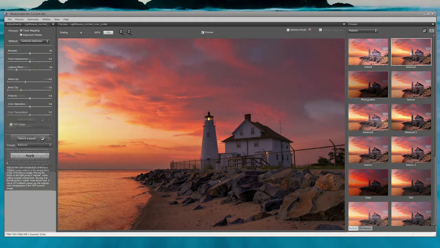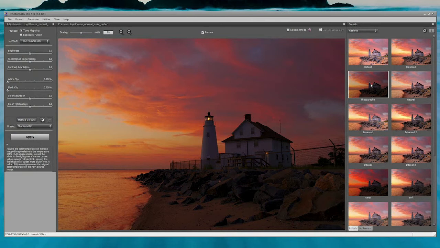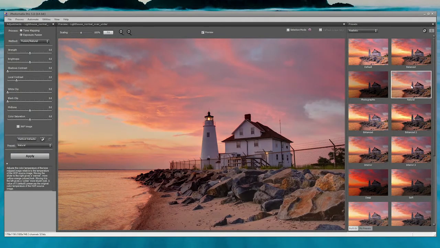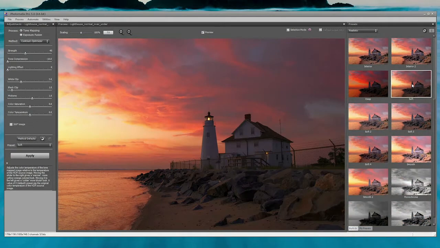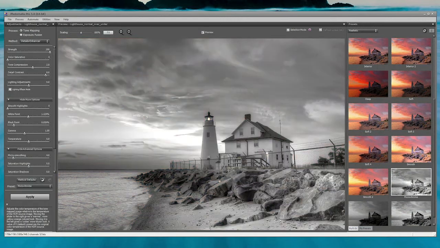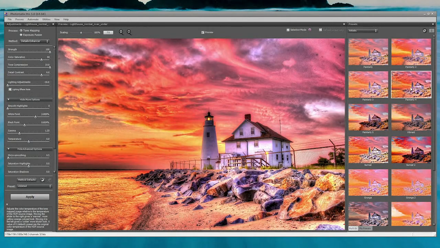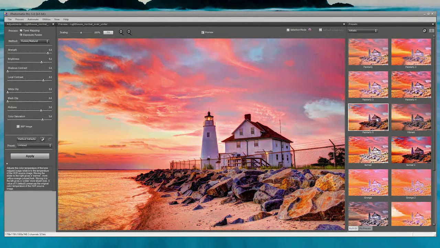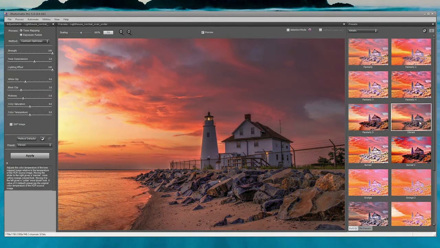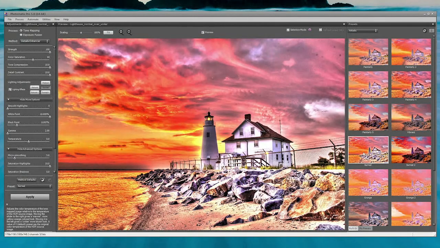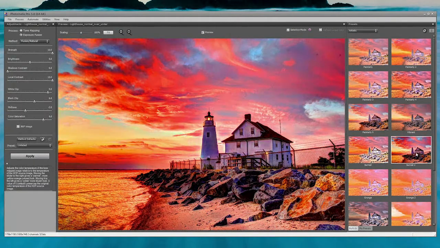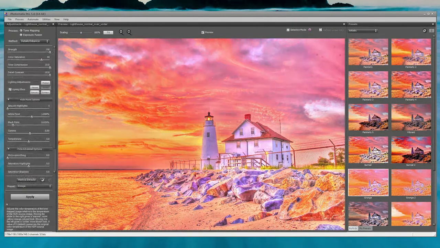Balanced, photographic, natural, soft, monochrome, painterly, painterly 4, painterly 5, vibrant, surreal, surreal 2, grunge,